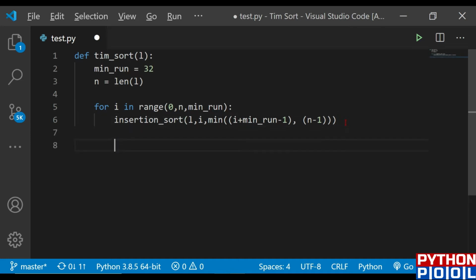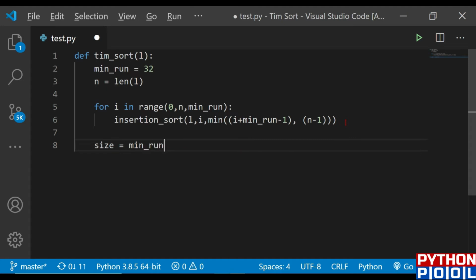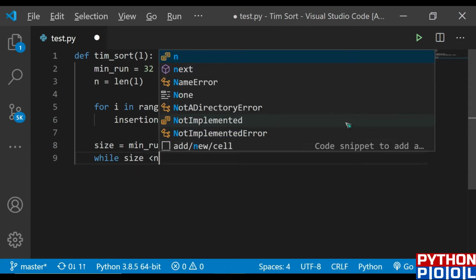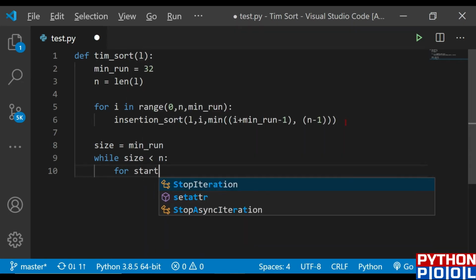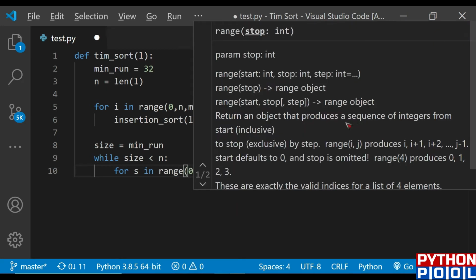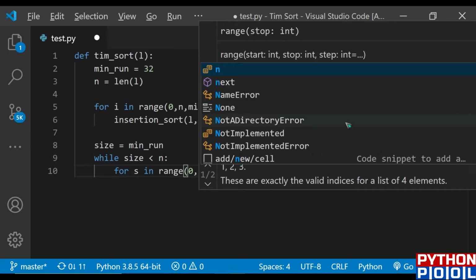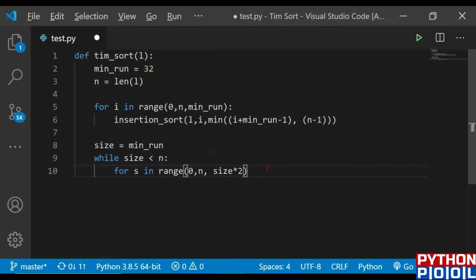Now if it increases beyond 32, then I'll define a size variable, and it would be equal to min run. Then while size is less than n, I need to define one range start, or I'll say s in short, s in range, and the range would again be from 0 to n, but with an interval of size times 2.